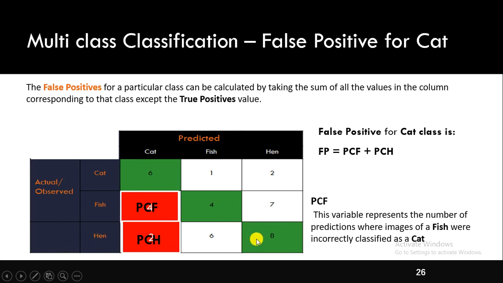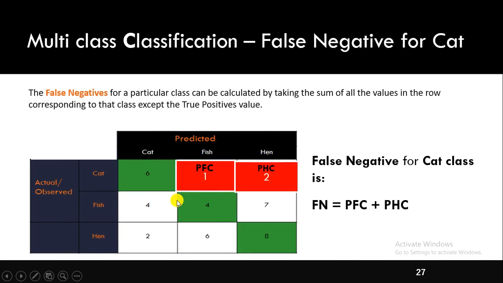In the case of hen, this is the true positive value. But here, wrongly, these two classes were given positive for the cat class. It says it is a cat, hence it is called false positive. Adding these two values gives you the false positive.